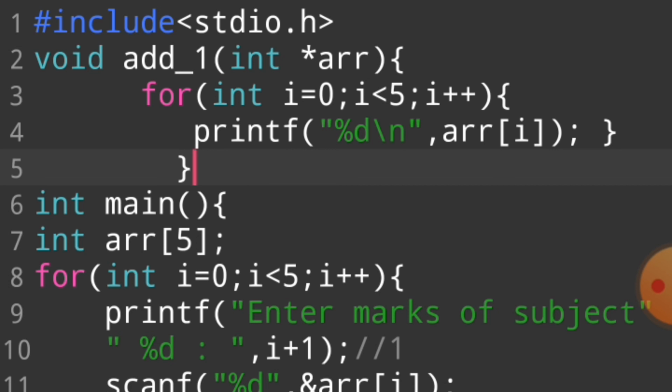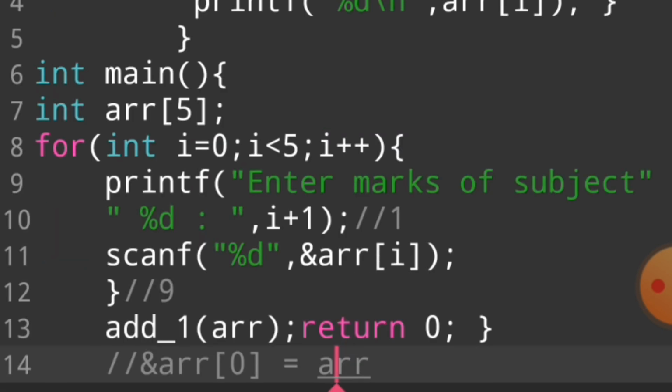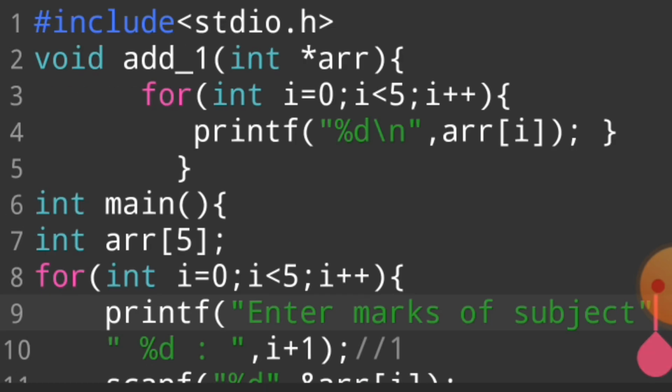I want to explain one thing again in quick steps. First of all I declare an array whose size is 5, and then we use a loop to take values from the user, and then we pass the address of arr 0 in this function. With the help of the pointer arr, whichever value is stored in arr 0.